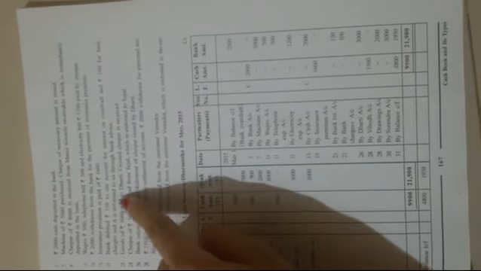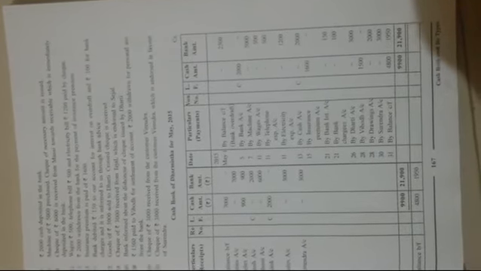Then 21st May, bank debited rupees 150 to our account for interest on overdraft and rupees 100 for the bank charges, and it is informed to us through bank advice. So bank debited 150 to the business account for the interest on overdraft and 100 for the bank charges. Debited means the balance is decreasing. Whenever debit, then balance is decreasing.